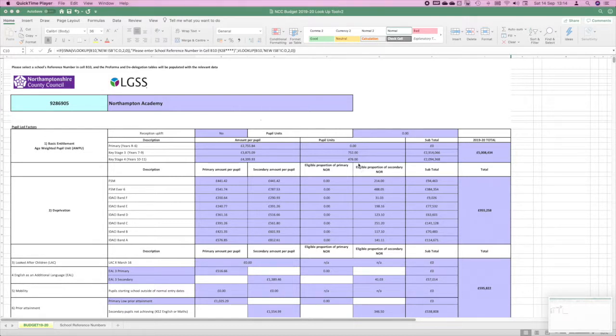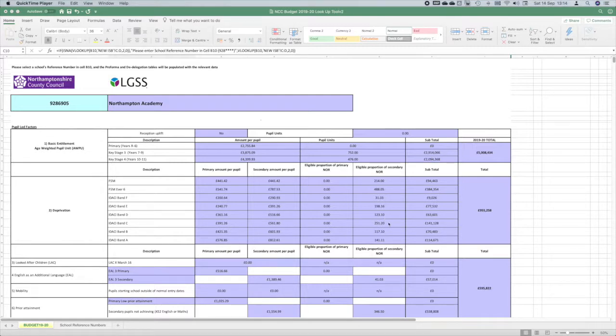752 pupils in Key Stage 3 and 476 in Key Stage 4. And multiplying that by their bum on seat money, we've got a value of just over £5 million going into the school budget. Free school meals, 214 of them, so we've got £94,000 from that, 488 pupils who are Pupil Premium, and then we've got a range of students across the 6 Adachi bands that are covered there, with the vast majority of them in band